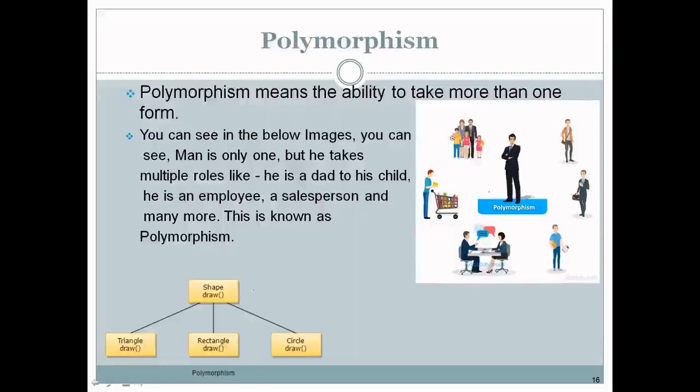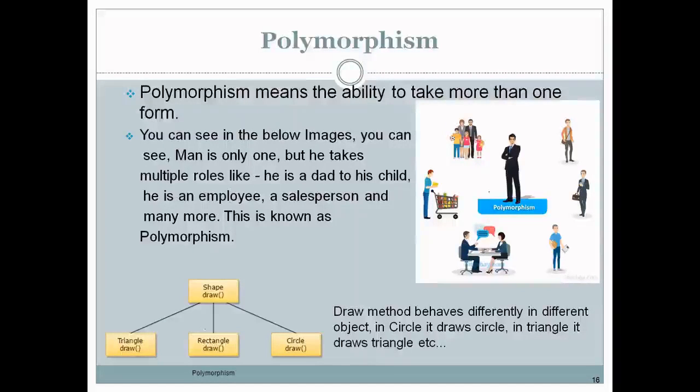So we have different objects and we have a method draw. So this draw method behaves differently in different objects. The draw method in the object triangle may draw a triangle.